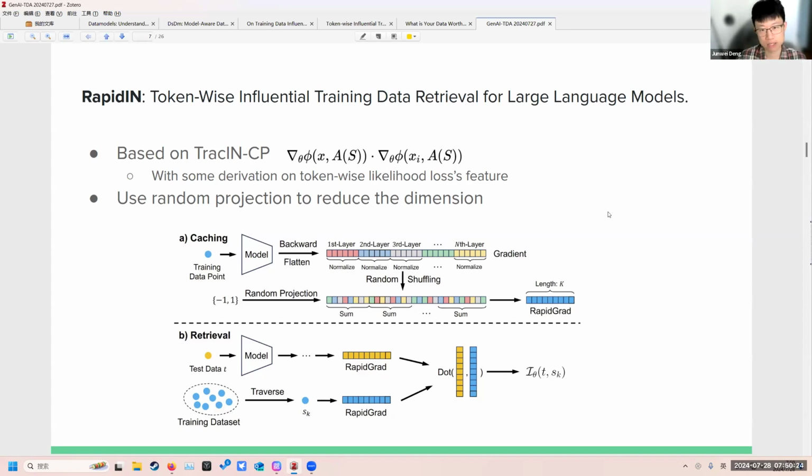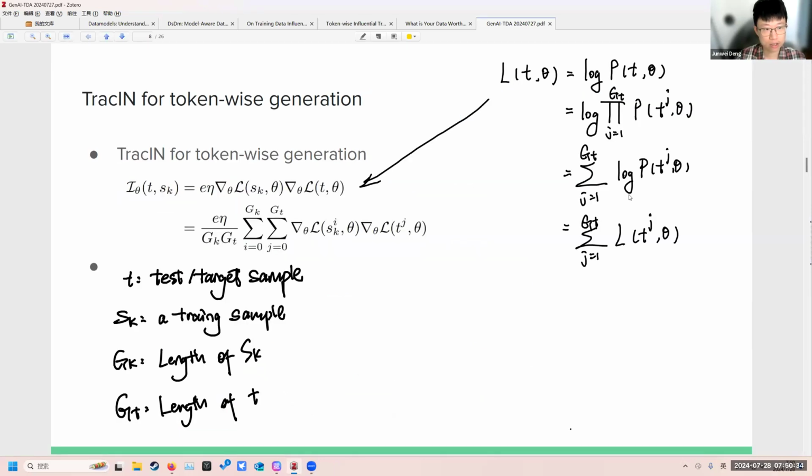I will go into the details of this RapidIn. The first one is about the token-wise attribution, and the other one is their random projection method. For the token-wise attribution, basically it did some math derivation for token-wise generation, but actually it's pretty straightforward here. The first line is actually the TracIn formula, right? So this T is the test or target sample, or the target generation,